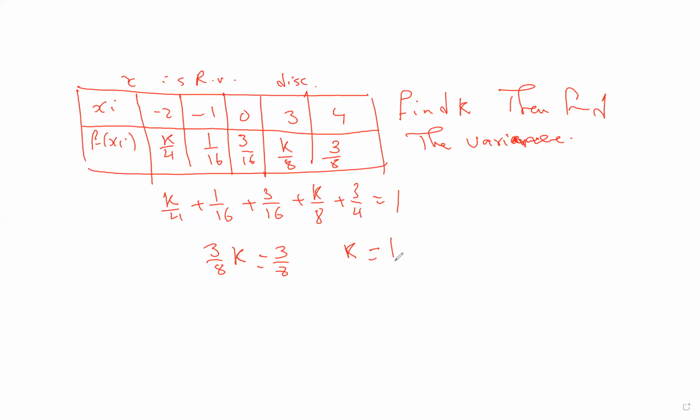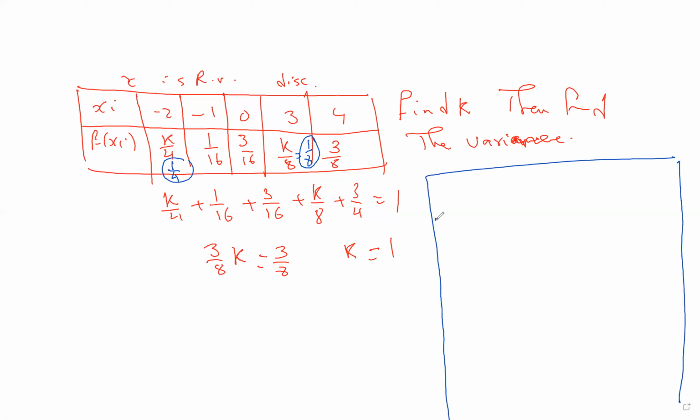So the table will be the same values, but this one will be 1 over 4 because k equals 1, and this one will be 1 over 8. It's okay? And we can make the table to find the variance, and before the variance you have to find the mean. Okay,